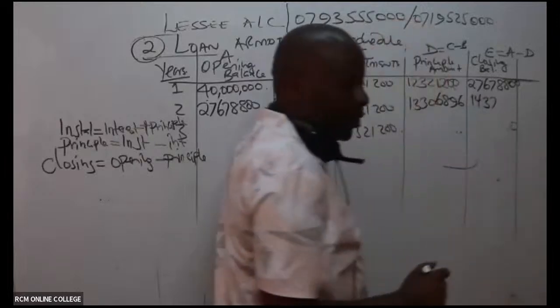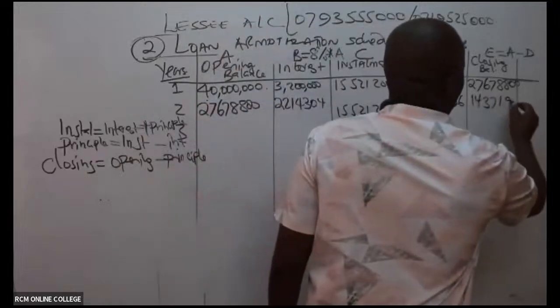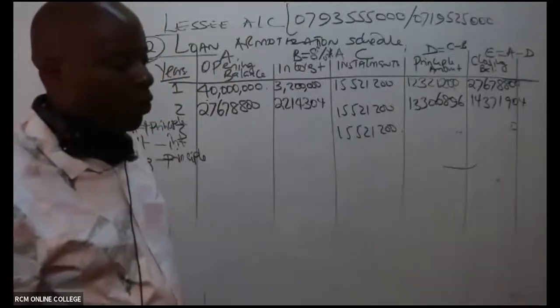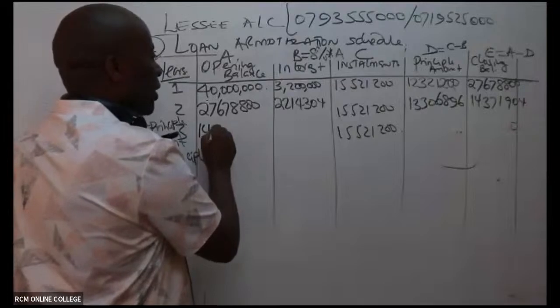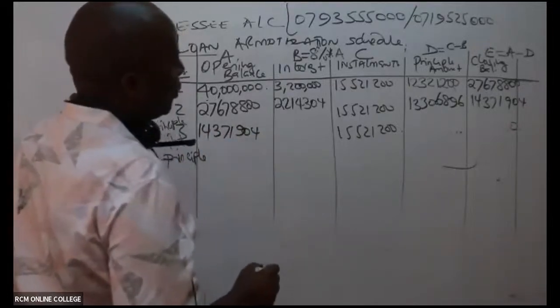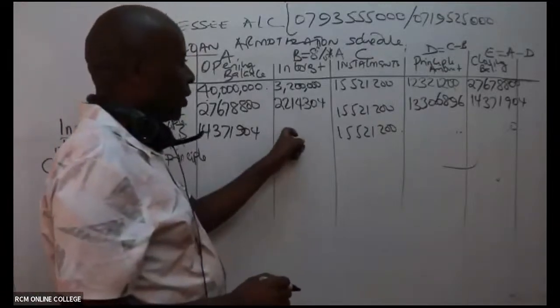14,371, 904. So this is what I bring, and we are almost through. 14,371, 904, and then, ladies and gentlemen, I will be able to compute interest here, which is